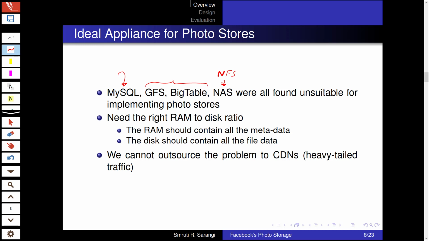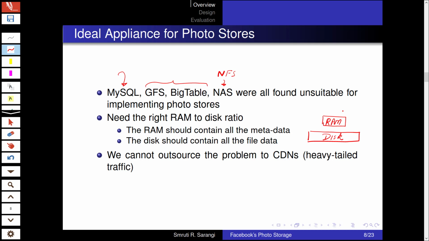So what we actually want to do is create a new kind of file organization that uses elements that we have seen in the past. We will store all the metadata of the file, which includes its position on the disk, its size, and its status flags, in some sort of easily searchable form, an index in RAM. Then the actual photograph will be stored on disk. Of course, we would like the RAM to disk ratio to be as high as possible, in the sense that the more the RAM, the better it is.